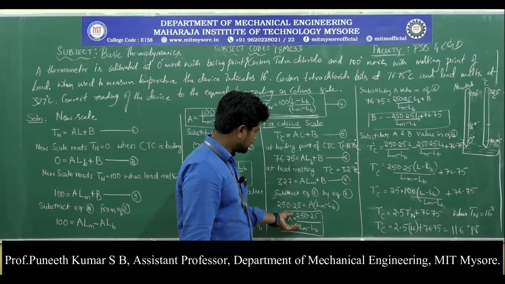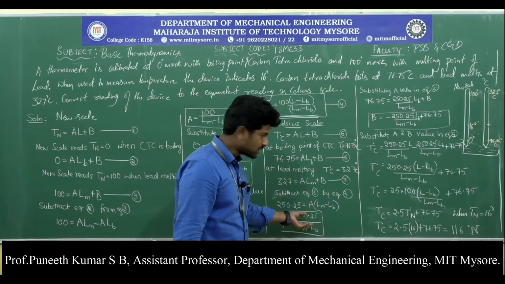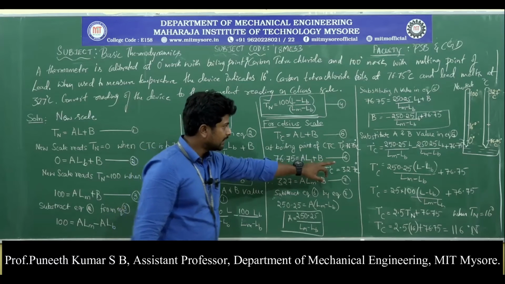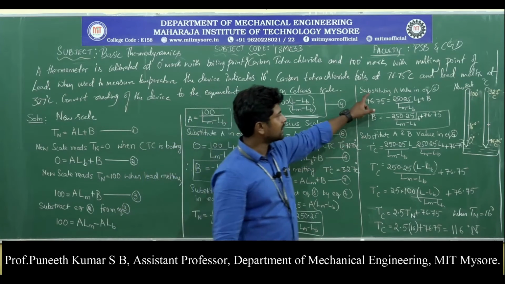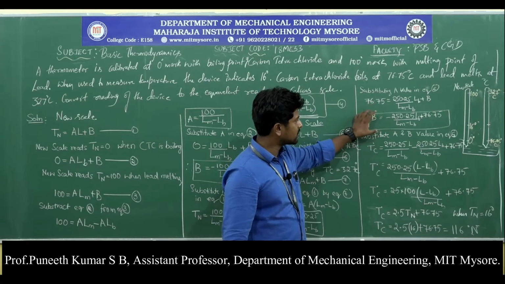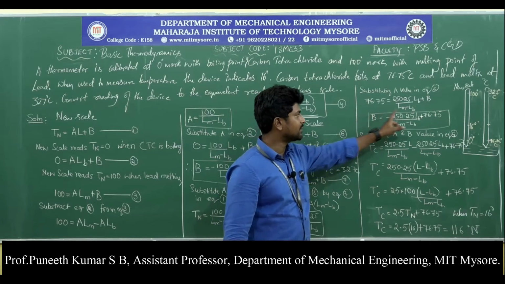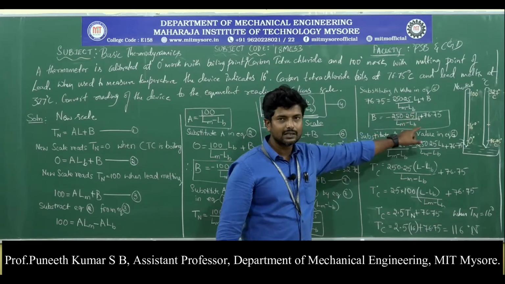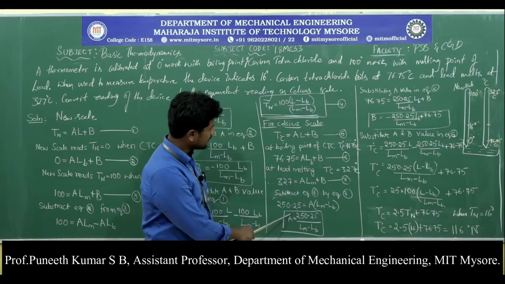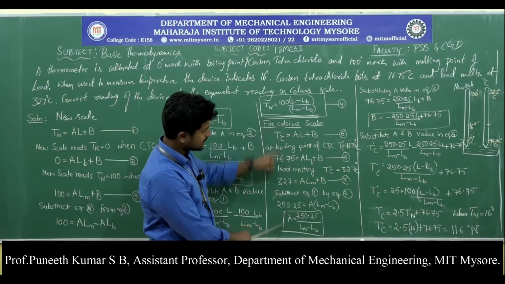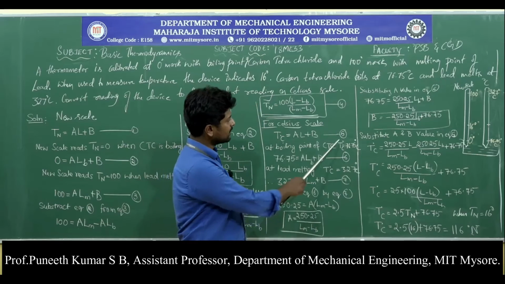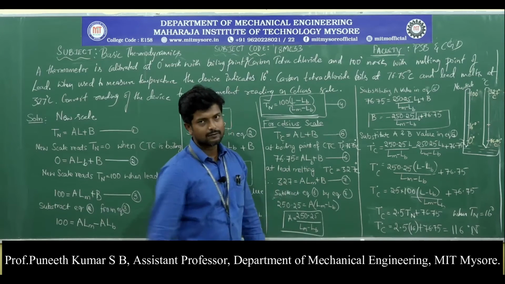Next, once again I will do the same technique. I will put the value of constant A in equation 6, so that I will get the value of B. Once I solve the value of B, the constant value ends up in this particular fashion. Now I have got the Celsius scale's constants, A and B. Now I will substitute them in the main equation of the Celsius scale, which is 5.